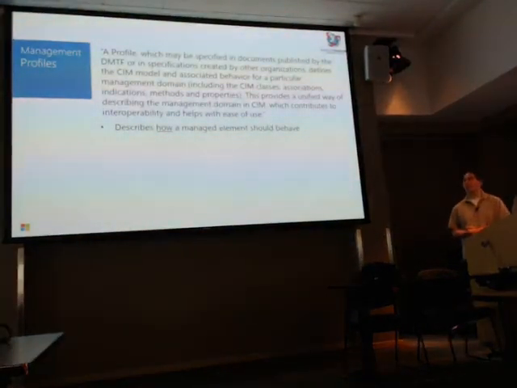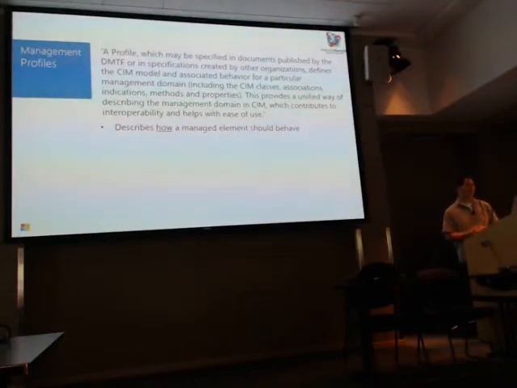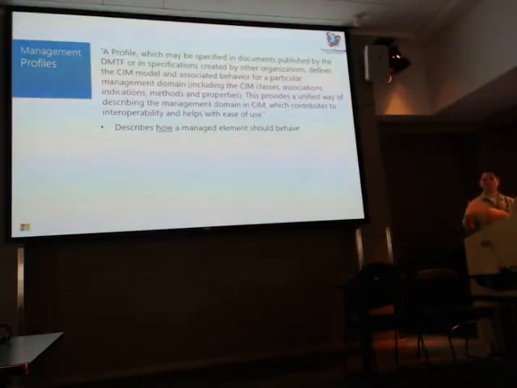Okay, so now we have the definitions of the model, we have the operations, we have the remoting. Now, the thing that's kind of missing here, because again, I explicitly said the model tells you what a thing is. You only know what a hard drive is, what a process is. We don't know how it's supposed to behave, which means that if you have different implementations from different vendors, you cannot necessarily predict that if you do something against vendor 1, it'll behave the same with vendor 2.